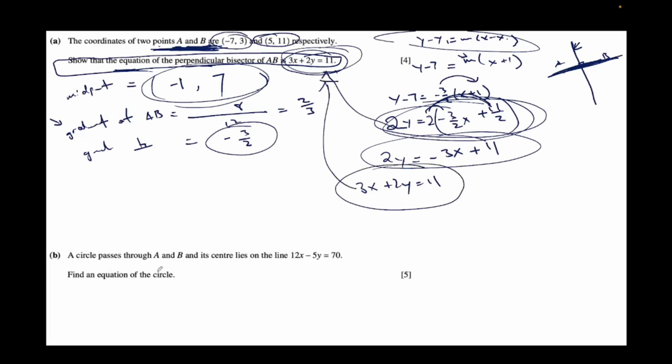Part B. Circle passes through A and B, center lies on this line. The mistake over here, if you didn't know how to do this question, would be trying to think left, right, and center about how exactly I'm supposed to start. When you look at this question, you're supposed to know exactly how to start and start writing straight away. But if you do happen to be in a situation where you're wondering how to even start, what I recommend is, because you can only answer a question as much as you practiced,